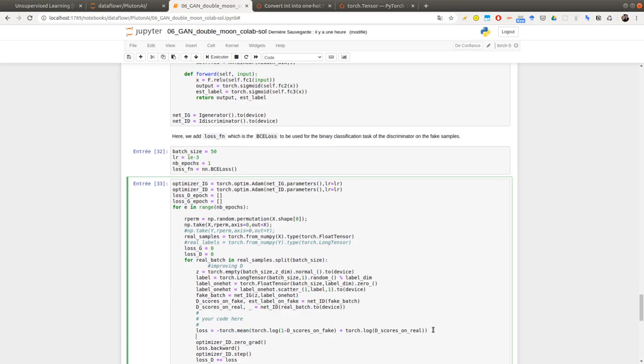So this loss, I will add something which is the loss function, which is BCE loss of estimated label and the true label, and they are not put onto the device.